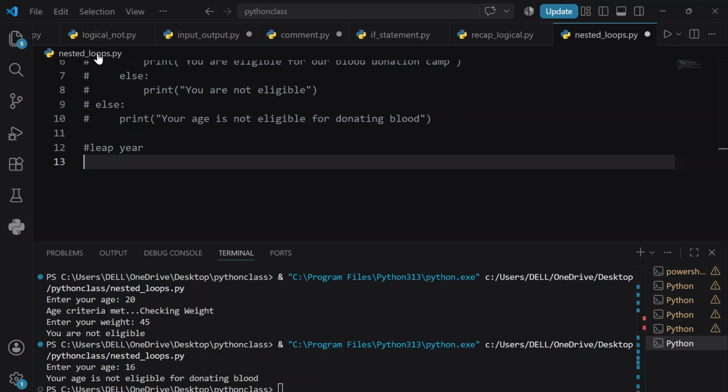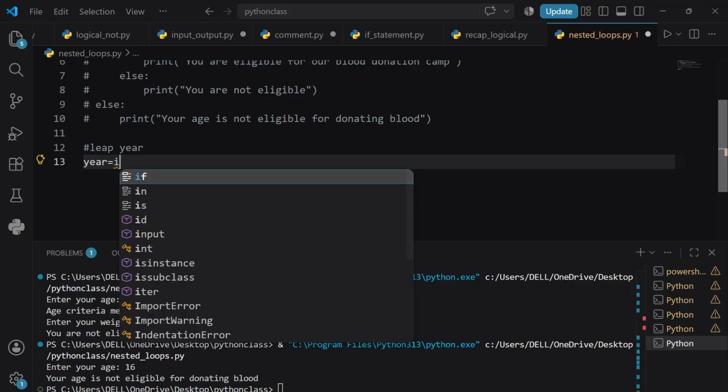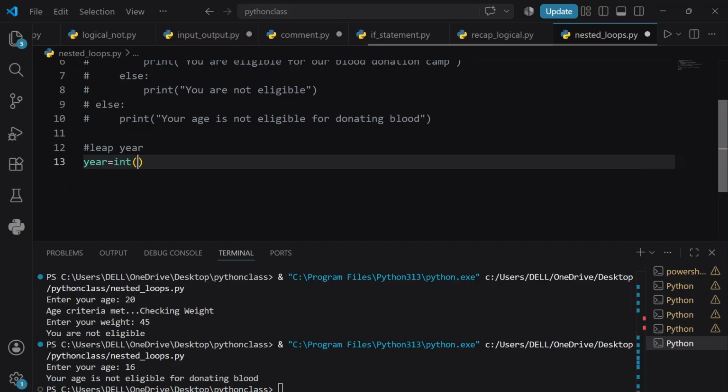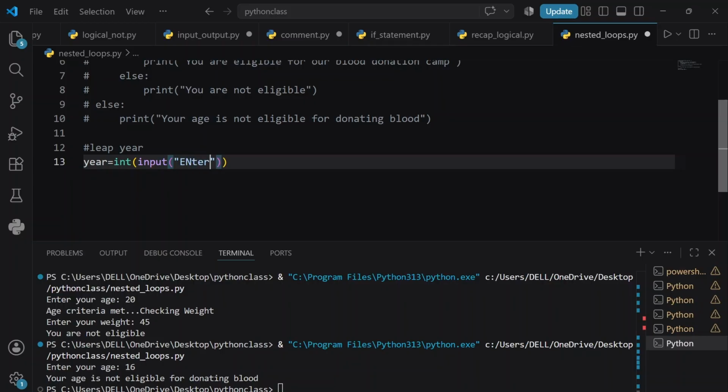So first I am going to take year, as we are going to take this as our user input. Enter the year. Okay,